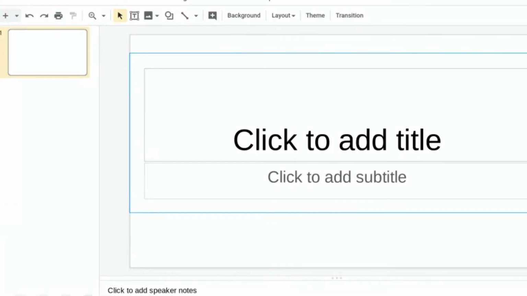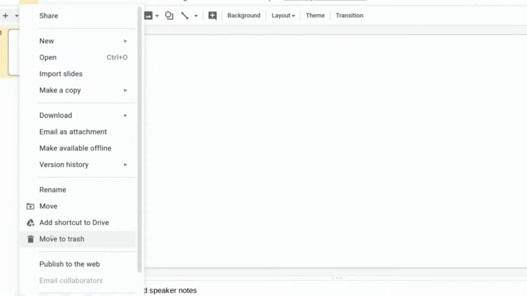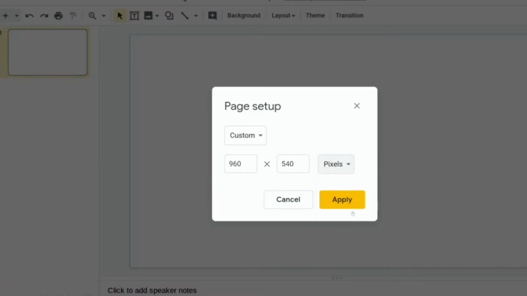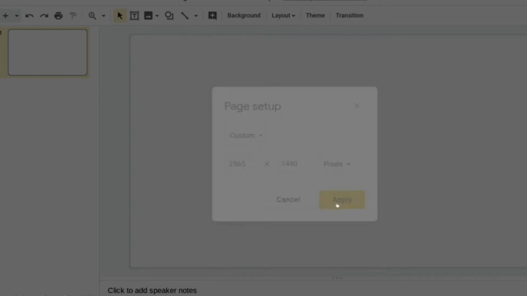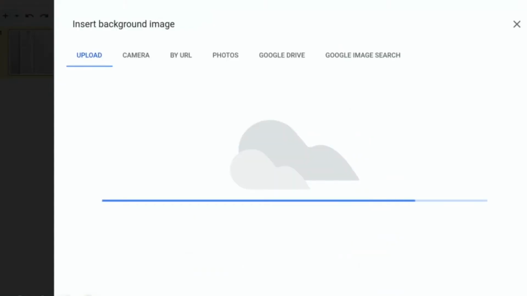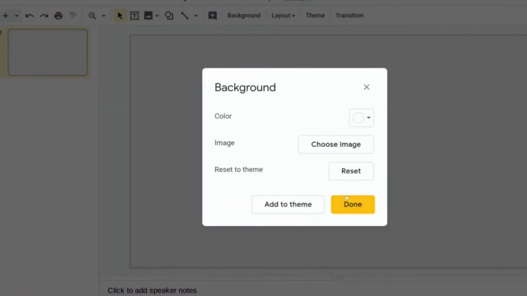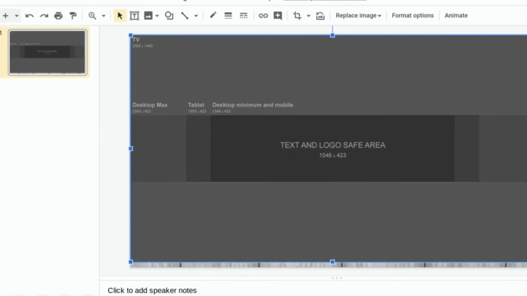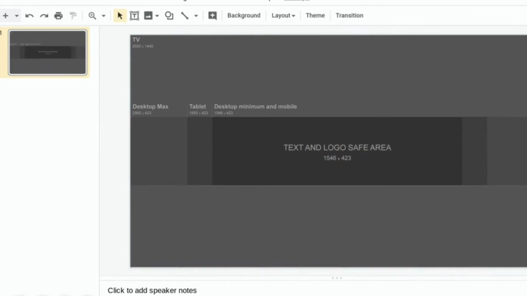Okay, so now that we have our icon and we have our background, we are going over to Google Slides, and we are changing the page size to pixels, and it is 2560, not 2565, I messed up, by 1440. And then we are changing the background to the wood texture that I created, or whatever background you want to make. And then I'm grabbing that picture we got from Google earlier, that is our template,